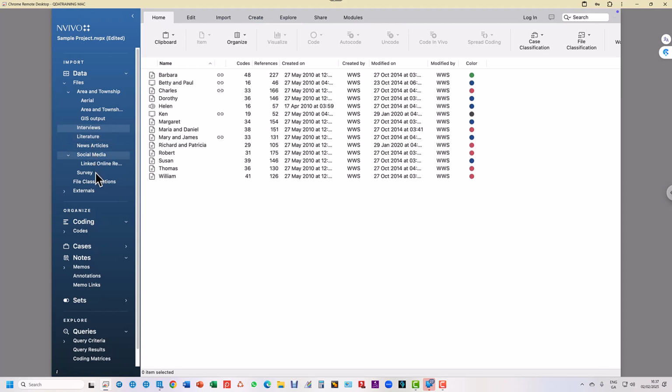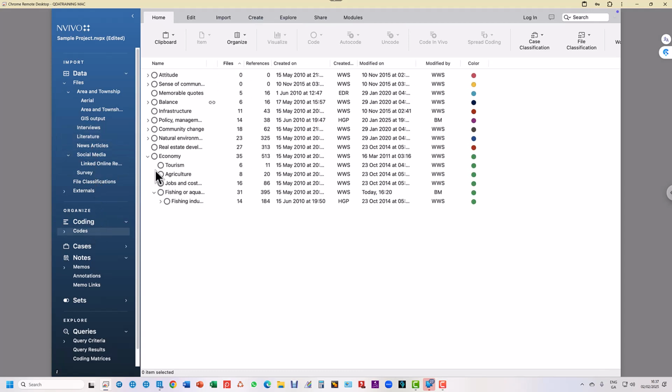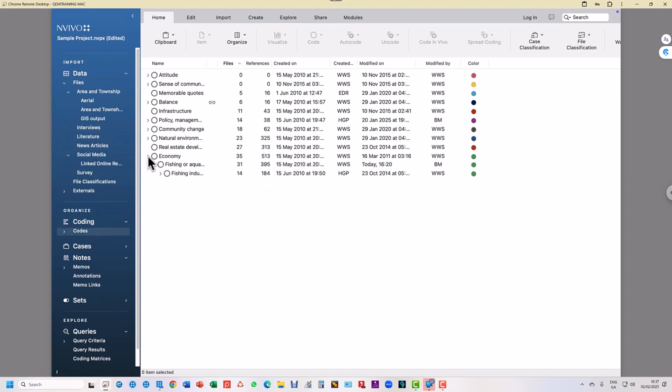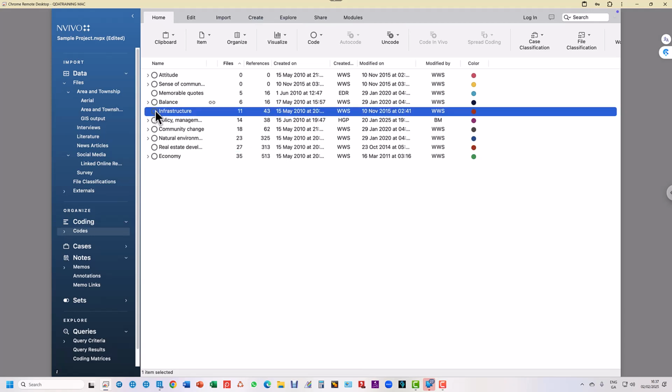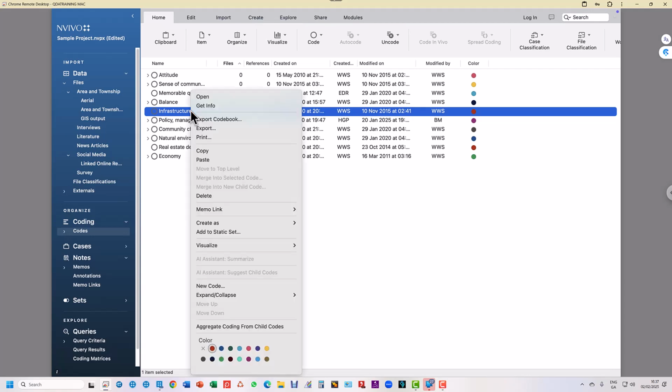Oh yeah, it's codes I want to spread. Sorry, I'm going to the codes here. We're getting all sorts of errors on this as well. I'm going to go to real estate development here. It's quite a big code, but actually I'll use infrastructure because I'll be here all day waiting for me. It won't code that number of codes anyway. I can tell you that it won't code all that data. If I do AI,